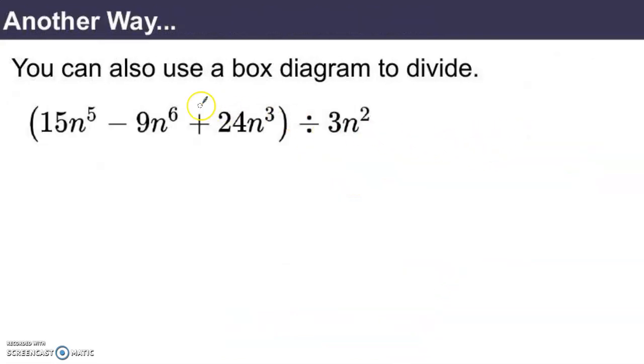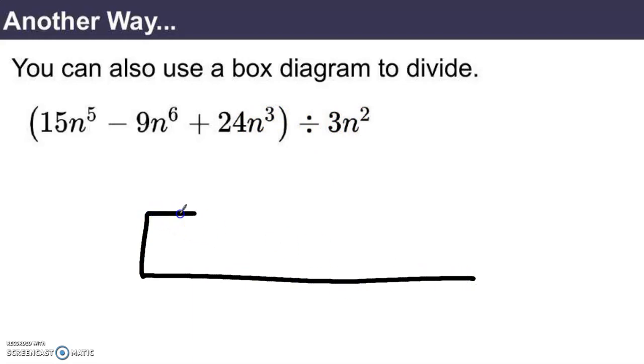Here's another way to think about dividing a polynomial by a monomial. You can also use a box diagram to divide. Before we parted ways for the school year, in my classroom, students were multiplying polynomials by using a box setup. So one way to think about division is backwards multiplication. If I want to divide 15n to the 5th minus 9n to the 6th plus 24n to the 3rd by 3n squared, one way to think about it would be to think about a multiplication problem